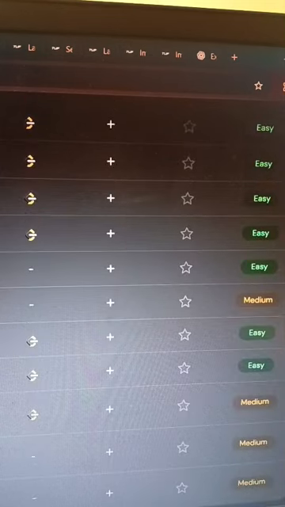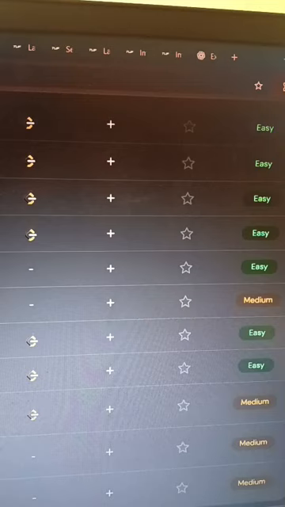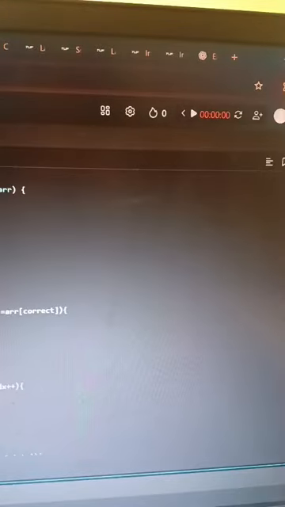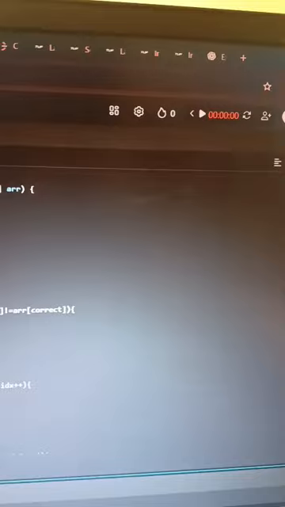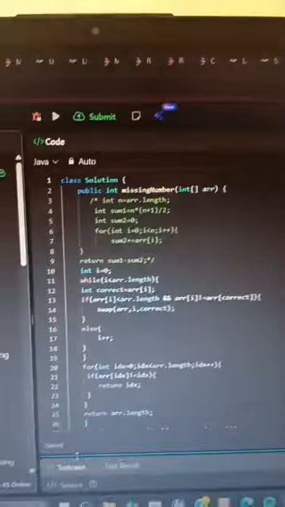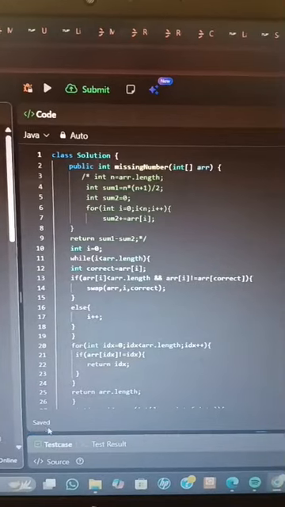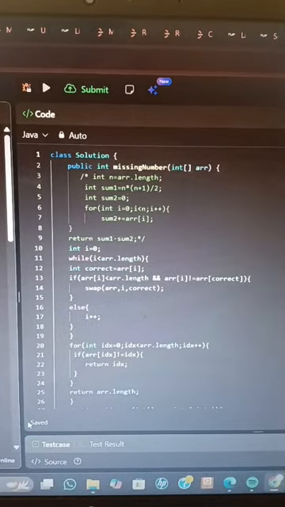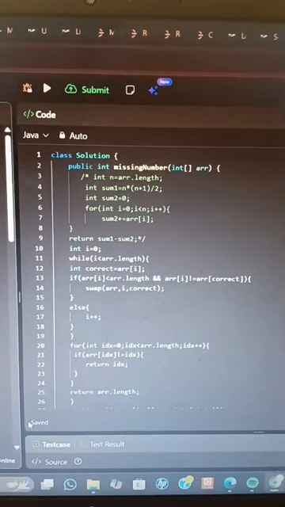Now the next question is find the missing number in an array. Find the missing number in an array. So I have two approaches. I can solve it using cyclic sort, and I can solve it using a simple mathematics concept. So